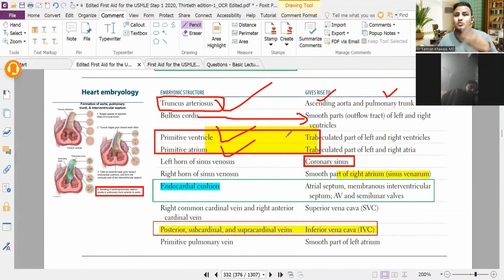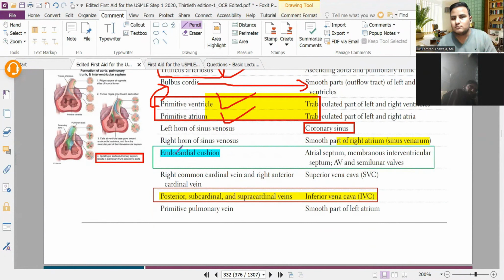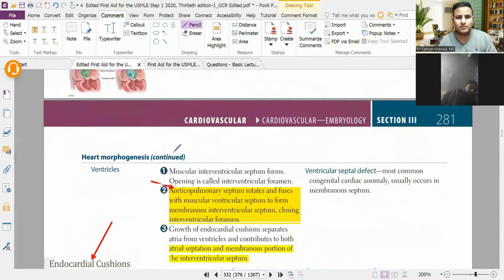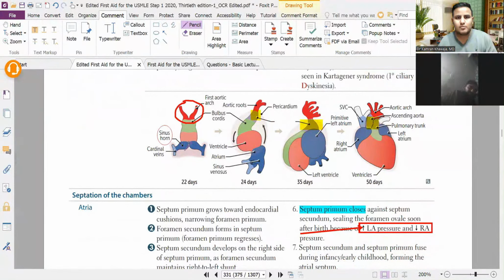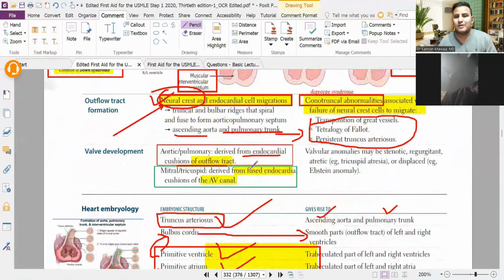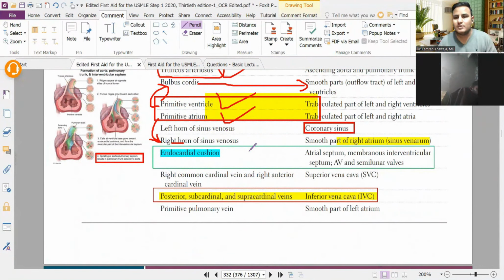अब आपने सोचना है कि प्रीमिटिव वेंट्रिकल से ट्रेबैकुलेटेड पार्ट तो बन गया, अब वेंट्रिकल्स का स्मूथ पार्ट कौन बनाएगा? तो आप रिमेंबर कर लो, वो बनाएगा बल्बस कार्डिस। फिर आपने याद रखना है कि प्रीमिटिव एट्रियम का तो हमने ट्रेबैकुलेटेड पार्ट बना दिया, अब स्मूथ पार्ट ऑफ एट्रियम का कौन बनाएगा? वो बनाएगा राइट हॉर्न ऑफ साइनस वीनोसस। वो कहाँ पे है? ऊपर डायग्राम में देखिए, ये आपको साइनस हॉर्न नजर आ रहा है, ये साइनस वीनोसस नजर आ रहा है, इसी से साइनस वीनोसस बनता है। इसके दो हॉर्न होते हैं, राइट और लेफ्ट, और साइनस वीनोसस का राइट वाला हॉर्न क्रिएट्स द स्मूथ पार्ट ऑफ द राइट एट्रियम।